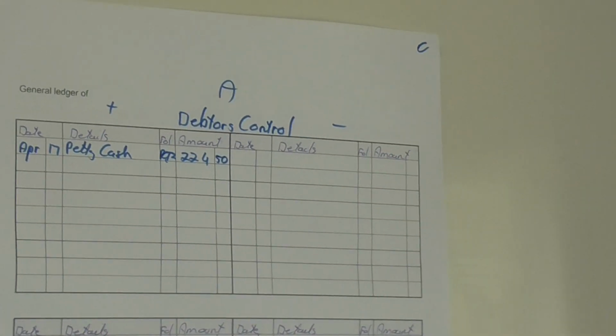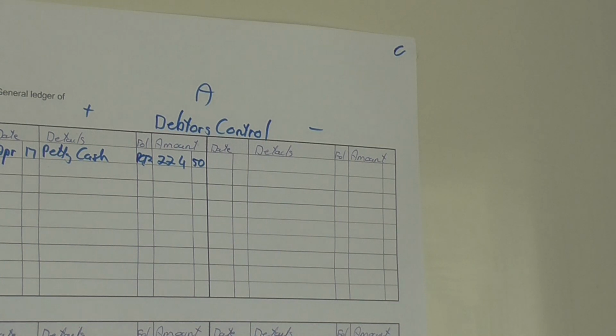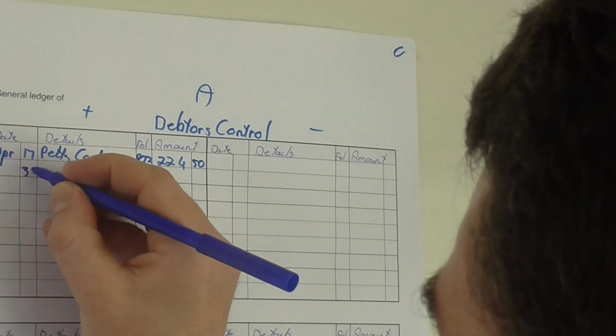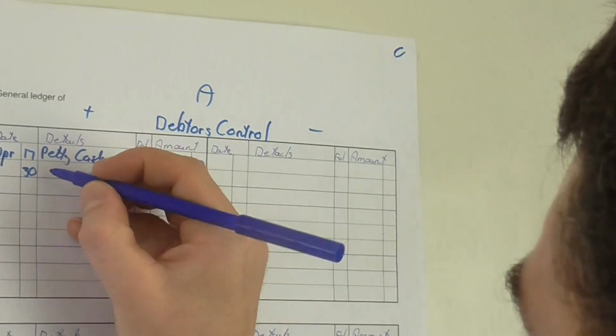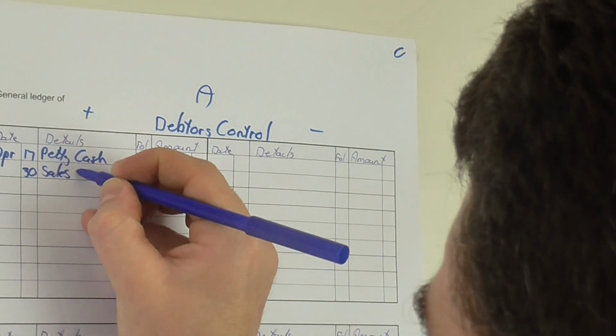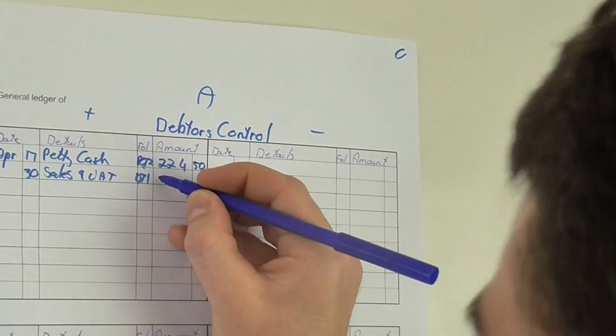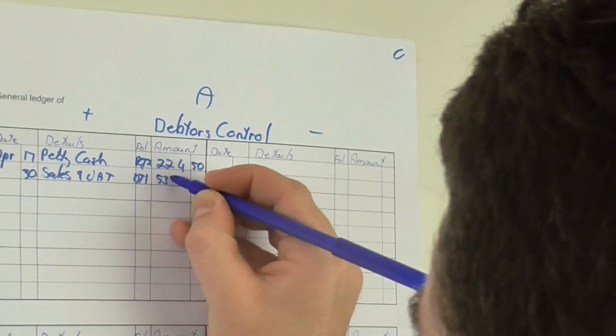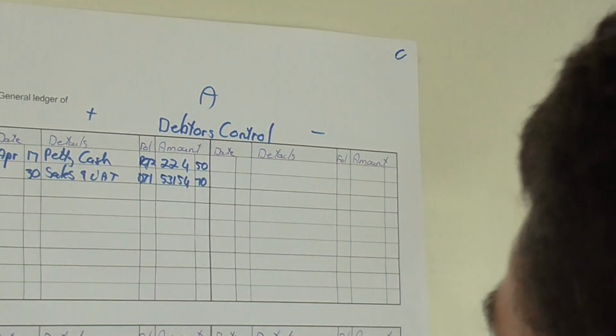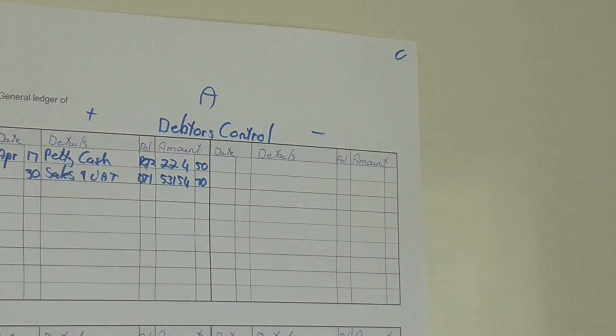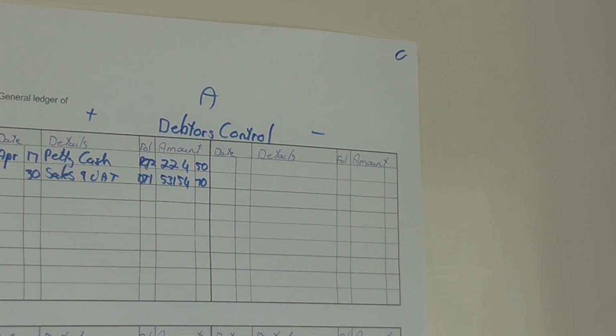Okay, so let's do that quickly. So that will be at the end of the month. It's 30th, sales and VAT, Debtors Journal 1. The total there was 53154.70. Okay, and if I look there quickly, that's all the debit. So let's go do debtors control, everything on the credit side. So the first one,